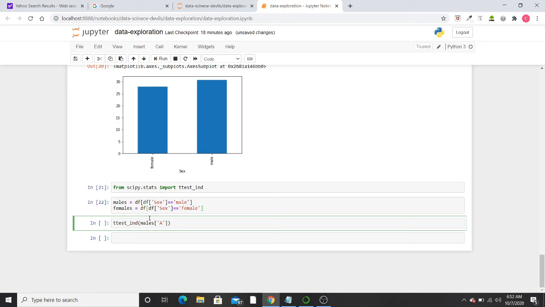One was continuous and one was categorical. The categorical one was sex and the continuous one is age. So age, then females, also we'll consider the age column, and nan_policy equal to omit. It will omit the null values present.